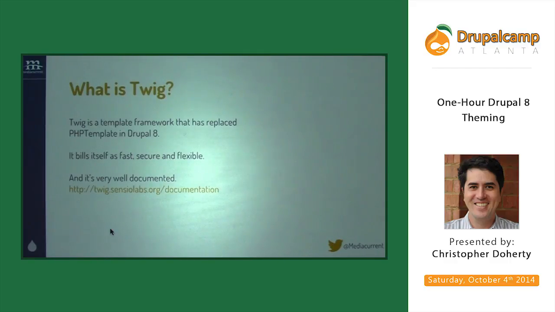It's nice because it separates, you don't put functions in there. You're just going to put your markup. It's basically going to set your markup. And it's also, because it wasn't developed specifically for Drupal, it's been out in the wild for a while now. It's well documented, which hasn't always been the case for things in Drupal.